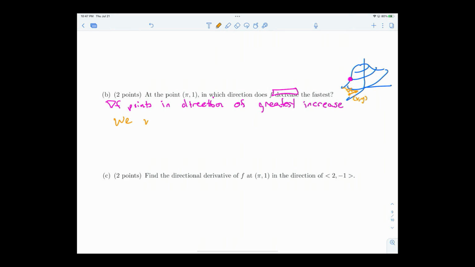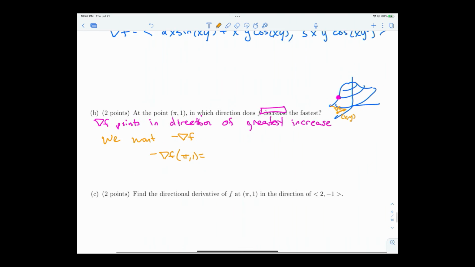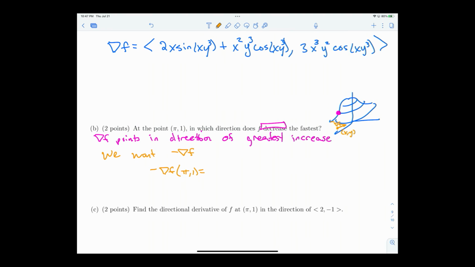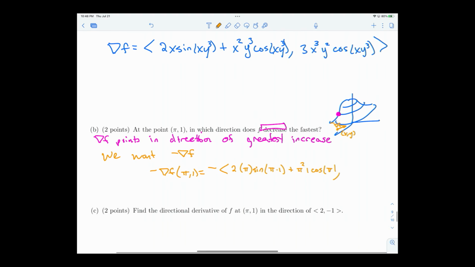We want negative gradient f because we want greatest decrease. Okay, so what are we going to do? We just need to plug in pi, 1 into that formula that we just had there. Also put a negative on the outside. So we just plug in the numbers. So we have 2 pi sine pi times 1 plus pi squared 1 cosine pi 3